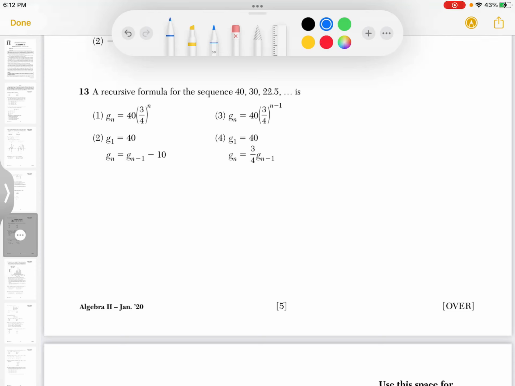All right, number 13, a recursive formula for the sequence blah is. So recursive formula for this one, huge keywords. We need to know what recursive formula means and what the formula is, or the setup for a recursive formula is. So as soon as you see the word recursive, you need to be thinking that there are two